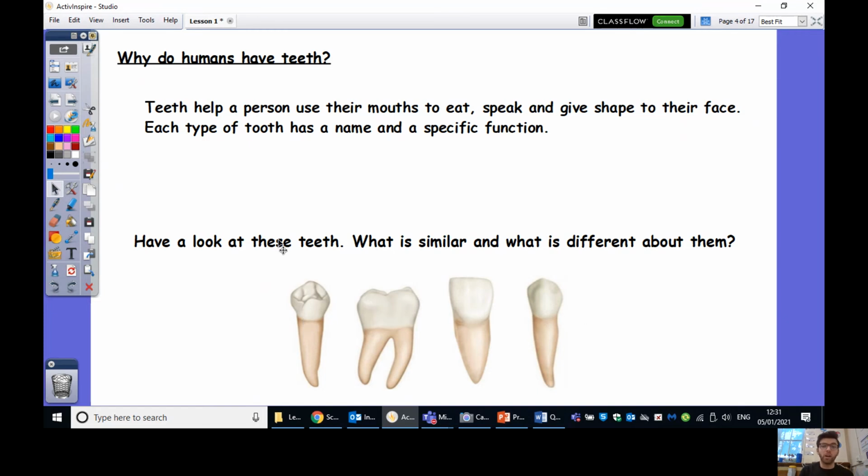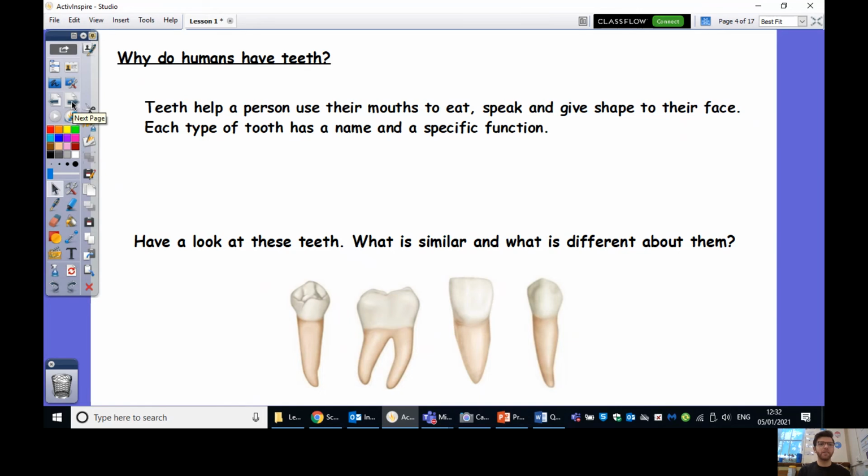The differences, of course, seem quite obvious in the fact that they're different shapes. So if you look over here, we have some wider ones, some sharper ones, some thinner ones. And then this tooth here has 2 roots into the gum. So you might think why this one has 2 roots into the gum and then these ones only have 1. So they're different shapes and sizes. And we are now going to have a look at the main types of teeth that you have in your mouth, how many you've got of them, where they are positioned in your mouth, and their shape as well.